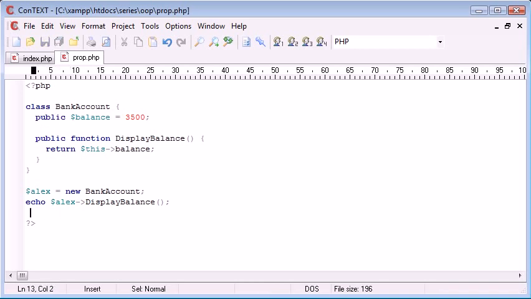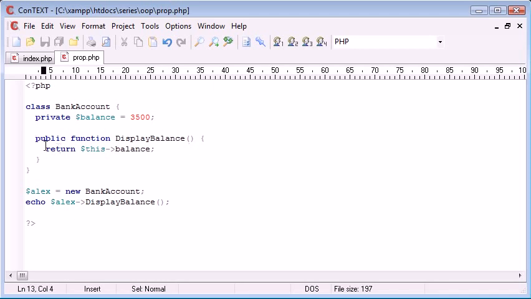Now, why do we do this? What's the reason for our public, protected and private keywords? If you were to have a variable inside here, such as the bank account balance, that you didn't want to allow to be displayed on its own, you can set the type to private, and this means that the variable as a whole can't be accessed outside unless a method within